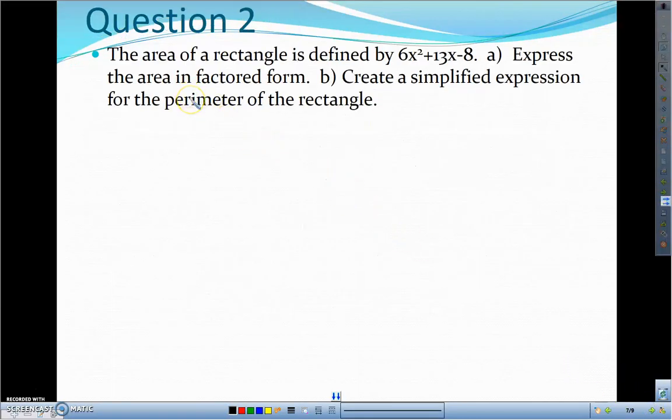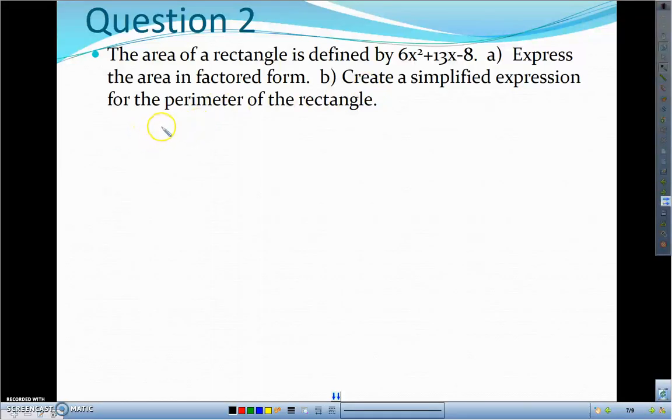Here's example, or I guess question number 2. The area of a rectangle is defined by 6x squared plus 13x minus 8. Express the area in factored form. So it already tells us that we're factoring. Look for numbers which can divide out the 6, the 13, and the 8. There aren't any. So what I'm going to do is I'm going to start to factor, and this is a